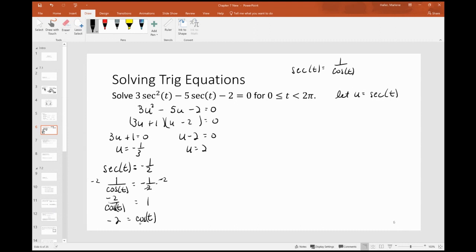Right? Now, can that ever happen? Can we ever get a cosine that's equal to negative 2? No, that's not in the range of the cosine, right? Without transformations, the cosine oscillates between negative 1 and positive 1. So what does that mean here? Well, that means that this particular function,